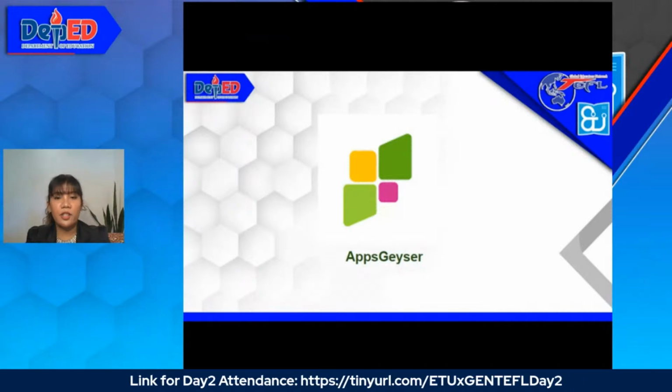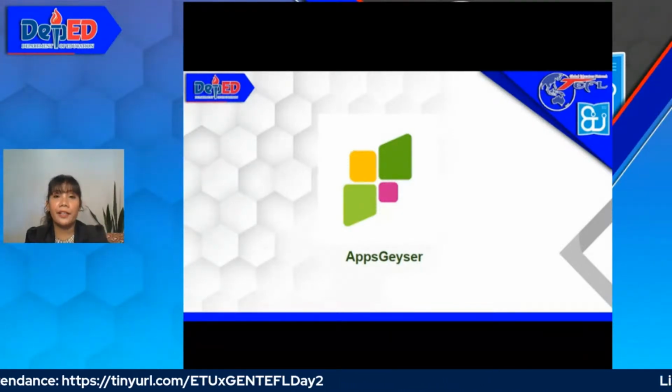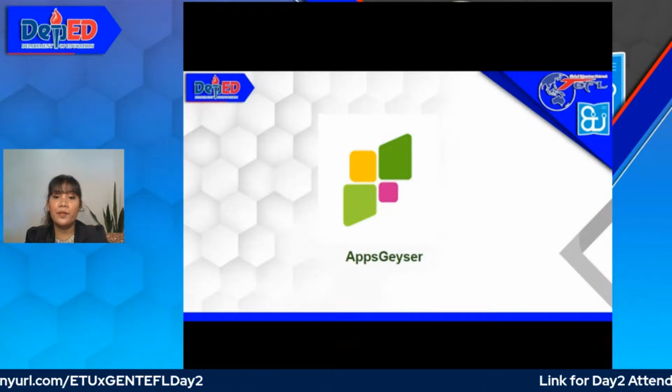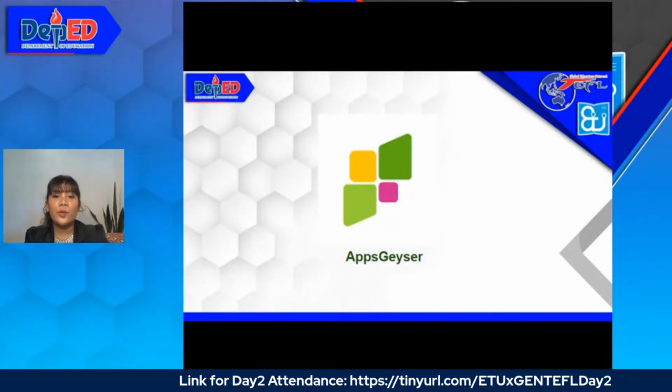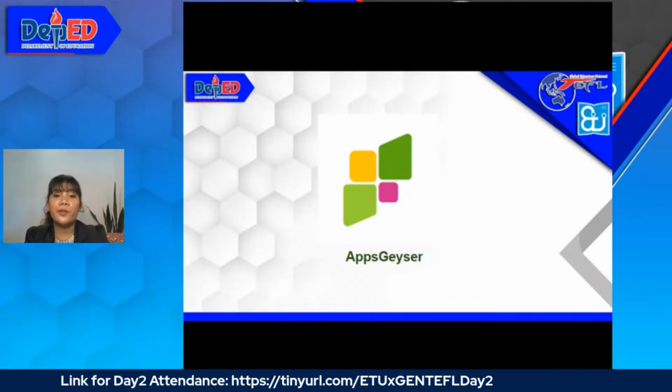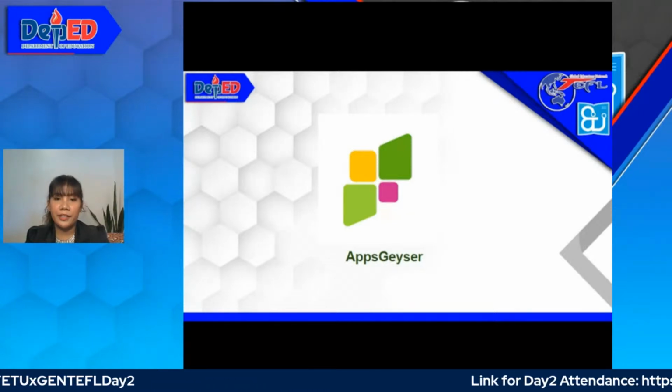So we have here, courtesy of Mr. Mark P. Armenta from Santa Maria National High School, a sample interface. He created an app for his students in grade 10 science. Next is